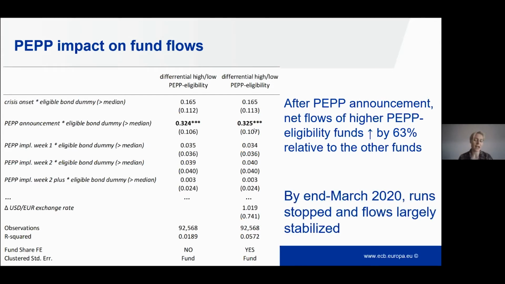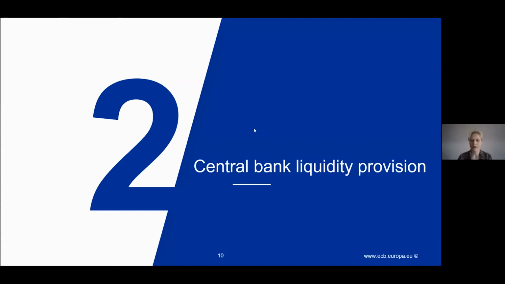In fact, what we find is that by the end of March, runs on mutual funds pretty much stopped in the euro area and their flows largely stabilized. So these are the key results we have for the PEP program. It improved fund performance and it improved the net flows of funds that had more PEP eligible assets ex ante, as of January 2020. Let me now give you a gist of what we do in terms of the analysis